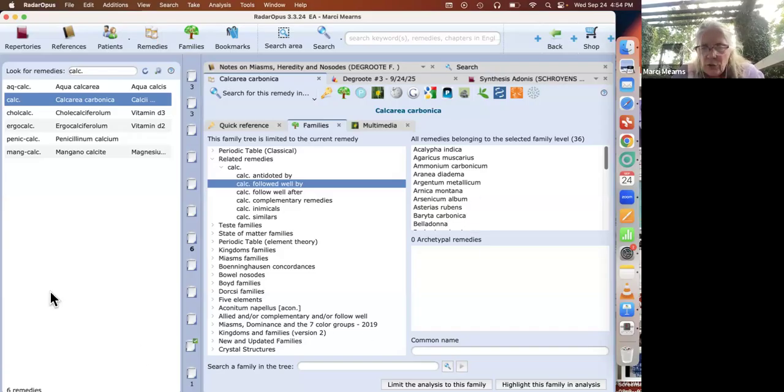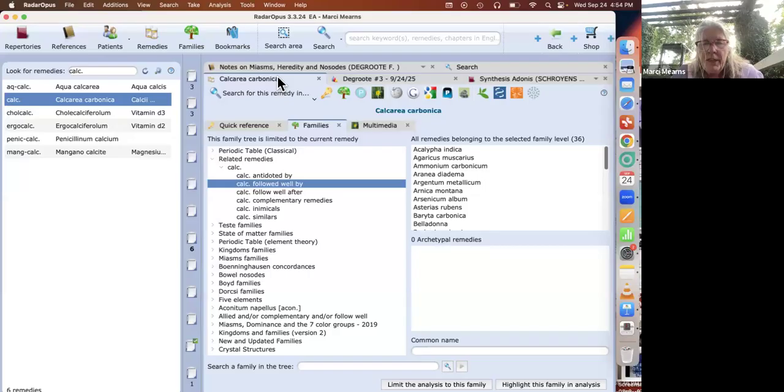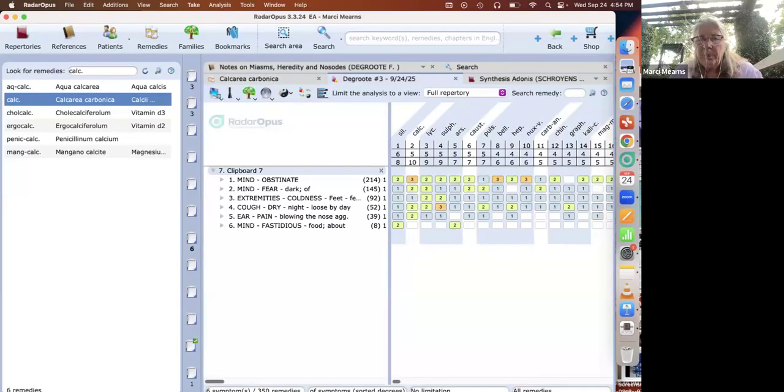I can actually highlight that family in my analysis, and there they are highlighted for me. Do you see that? So again, from the remedy information window, I'm going to select families, and I can say followed well by. I also have complementary, which is very similar, right? So I usually will look at both. I can highlight that family.